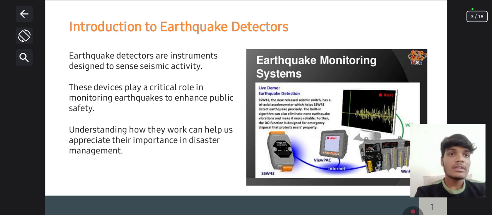Next, in the PPT we have seen earthquake monitoring systems, a live demo of earthquake detection. SSW43, the newly released seismic switch, has a triaxial accelerometer which helps SSW43 detect earthquakes precisely. The built-in algorithm can also eliminate non-earthquake vibrations and make it more reliable. Further, the DO function is designed for emergency disposal that protects users properly. Earthquake detectors are instruments designed to sense seismic activity, and they are important in